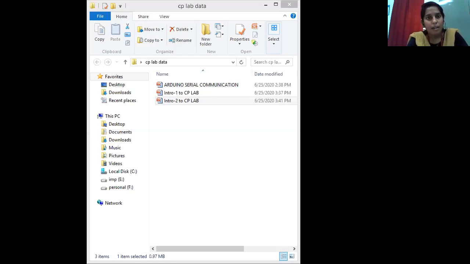These are some predefined functions and their descriptions. pinMode, pin comma INPUT or OUTPUT, specifies a particular pin as input or output. digitalWrite, pin comma value, writes a logic HIGH or LOW, that is 1 or 0, to the particular pin. digitalRead reads the value from a specified digital pin, with the result being either HIGH or LOW. analogRead reads the value from the specified analog pin with 10-bit resolution. analogWrite, pin comma value, writes an analog value to specified PWM pins. Delay produces a delay in milliseconds.